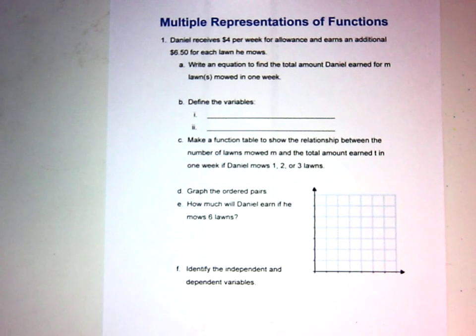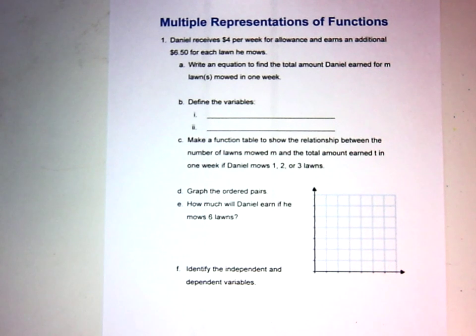For this lesson, we're talking about multiple representations of functions. And this lesson is really focused on understanding functions and understanding how you can apply it in different situations. Okay? And so, for this lesson, we're just going to go through a lot of different ways we can look